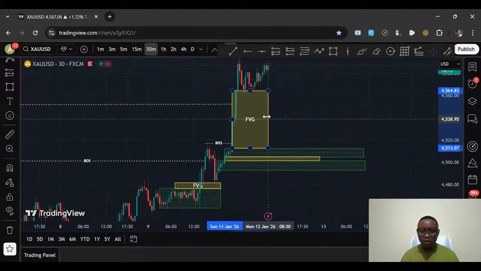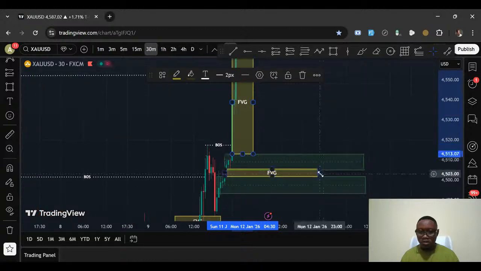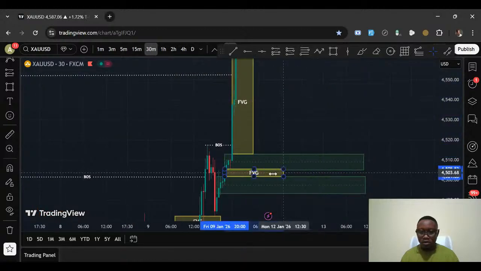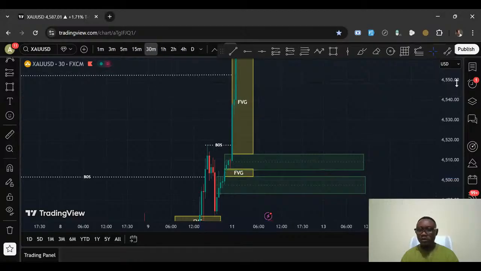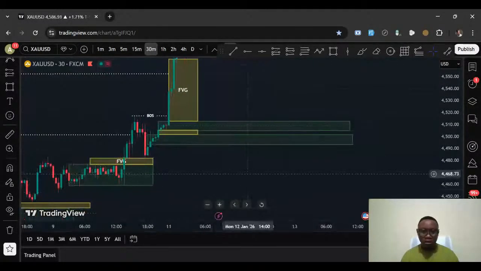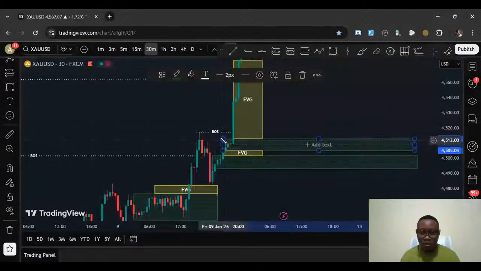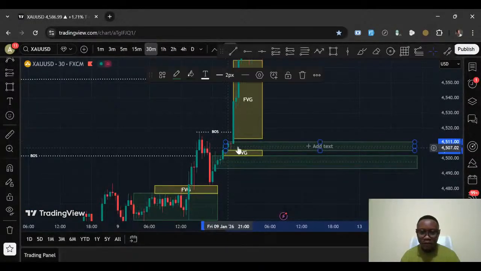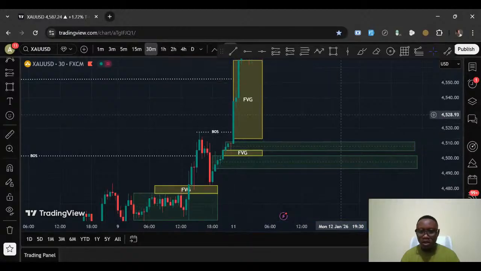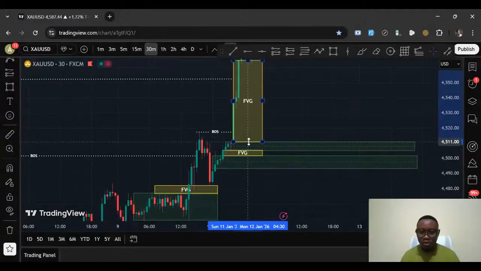Okay, bring this guy a little closer, this guy a little closer. Right, all right, good. Okay, so on the 30-minute time frame, I can see we can further refine this zone to this. This is the candle before the bullish momentum candle. All right, and our FVG, let's bring it down a little to fill up this gap. All right, cool.